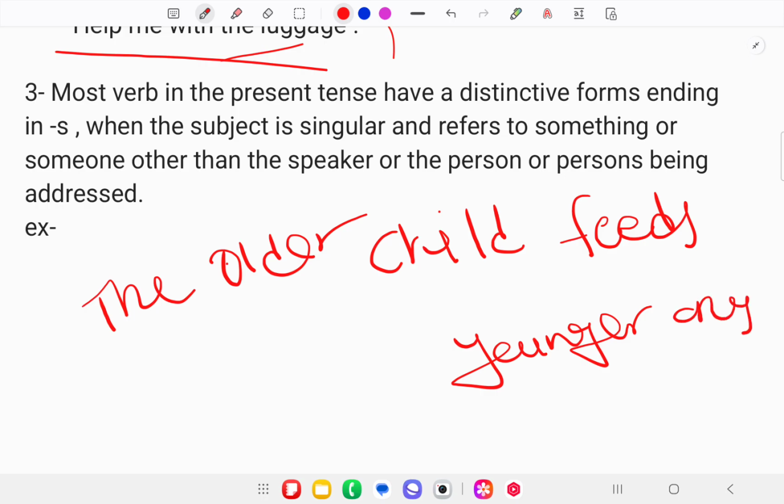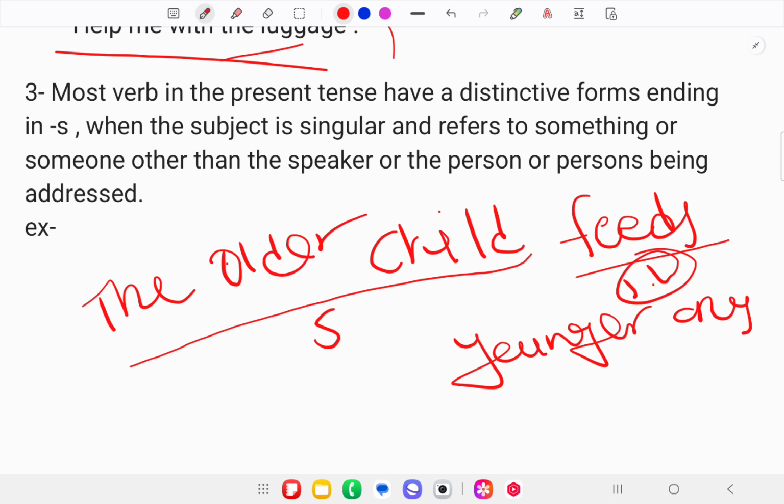So here, in "the older child," you will say this is the present simple tense, this is the singular subject, and this is the singular verb. But if I say "the older children," child is singular, and if I talk about its plural form, then this will be children. So if it is "the older children feed younger ones,"